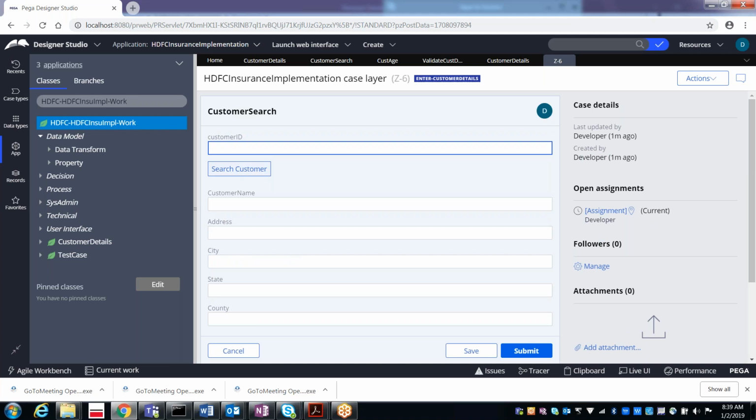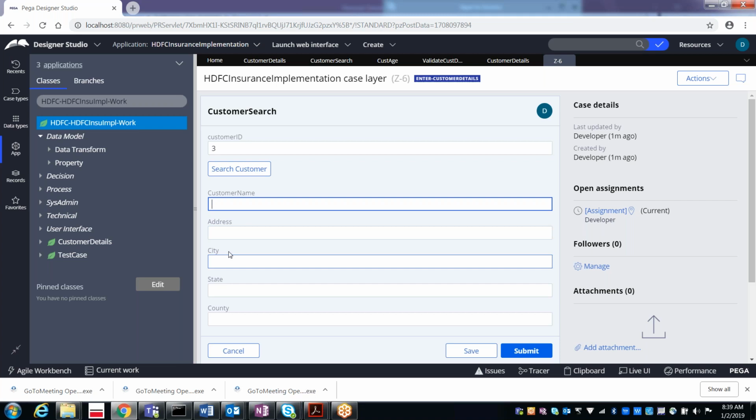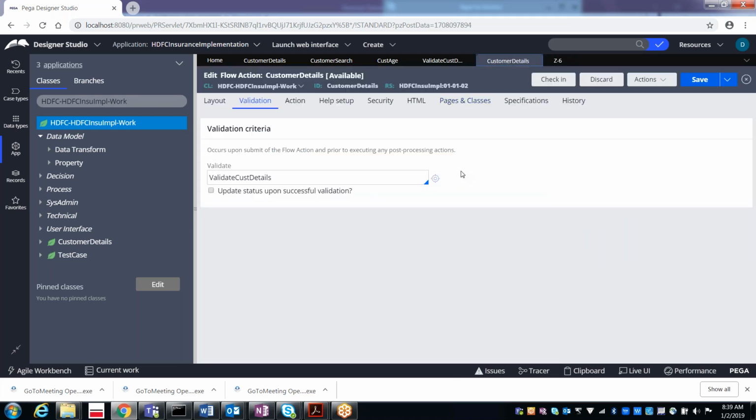About the database, and data pages we discussed, right? With various scopes and various sources and all those things. And also at the end, I am not sure whether you were there or not. In case you give any customer ID and select search customer, those customer IDs we used to populate into the user's different properties. These data we populated from the customer details data type.